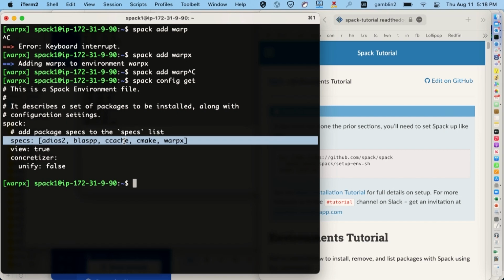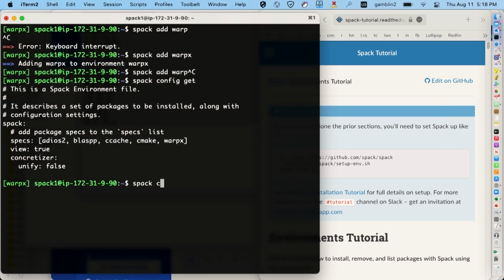So, okay, there is probably something you should know for this setup. If those are your requirements, what I could have done was just write warpx there, right? And then it'll concretize warpx, it'll give me the environment I want. So let's try that. If I run Spack concretize here on the whole environment,